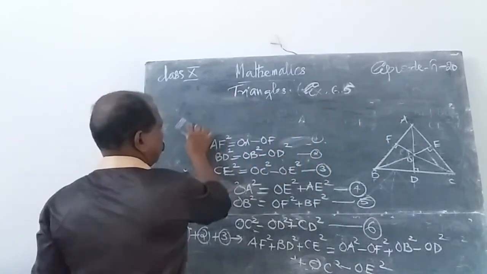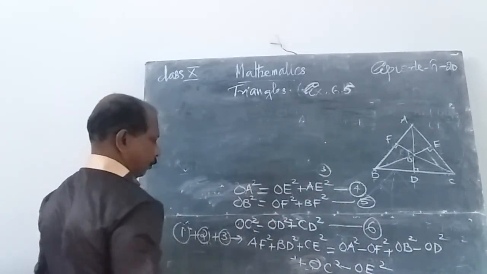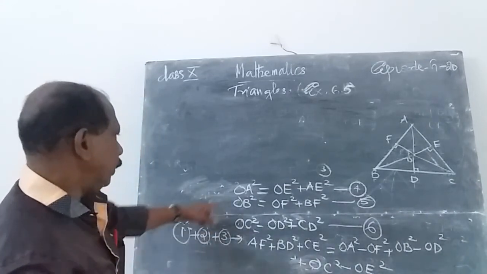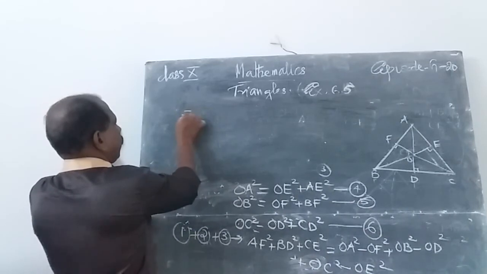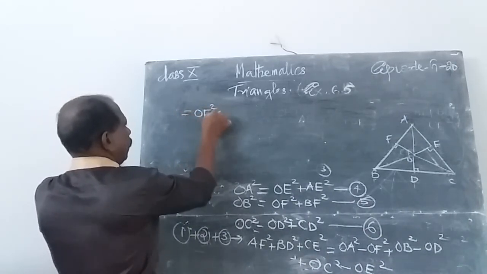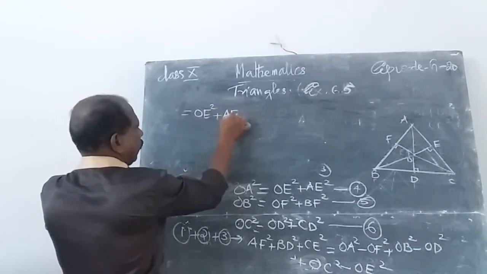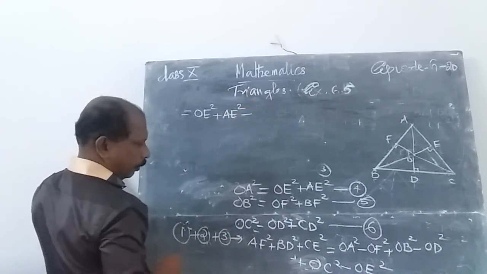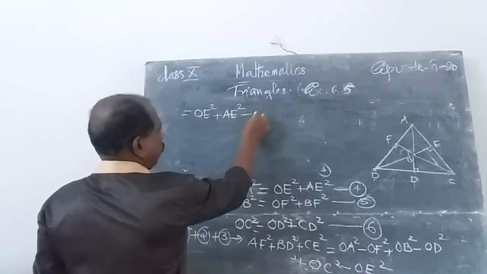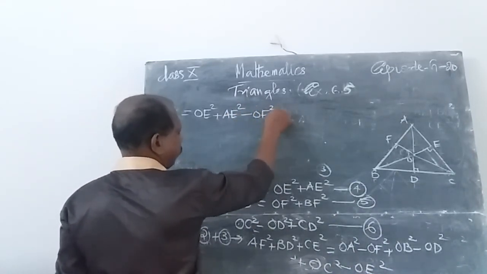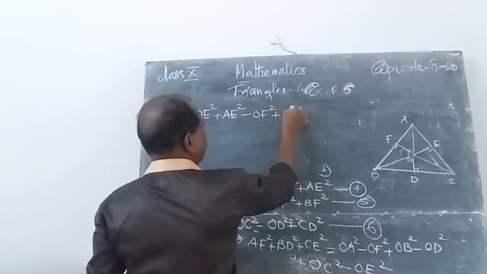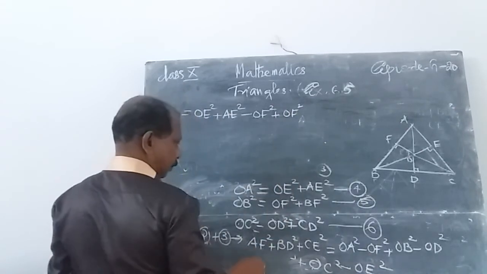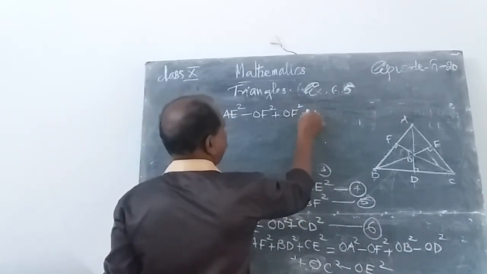That is equal to, what is OA square? OE square plus AE square, minus OF square, plus, what is OB square? OF square plus BF square,